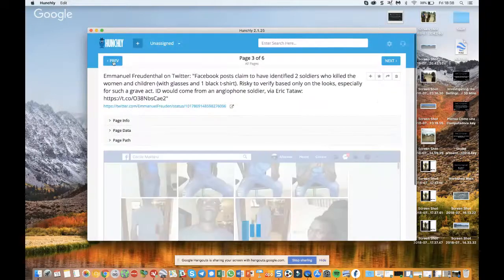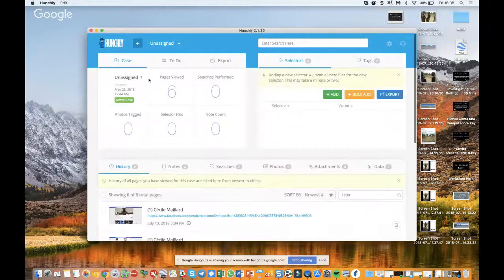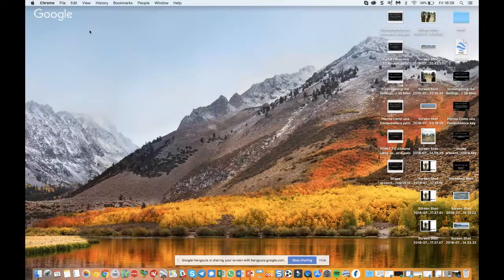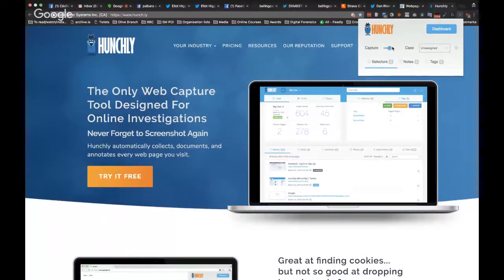So that's very useful, and it's no headache at all. Once it's there, you just switch on the capture, and then every page you visit is going to be saved. So Hunchly is a very good tool, and then you can assign a case.